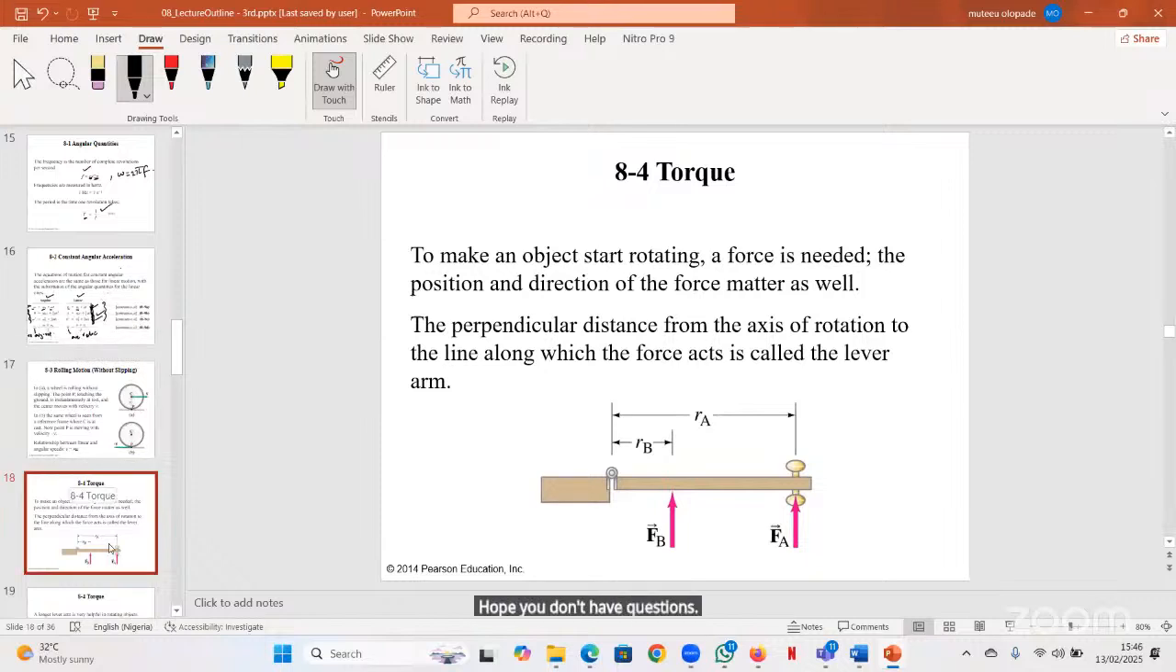No, sir. Okay. So we then move on to torque. What do you refer to as torque? So what is a torque? To make an object start rotating, a force is always required. So the position and direction